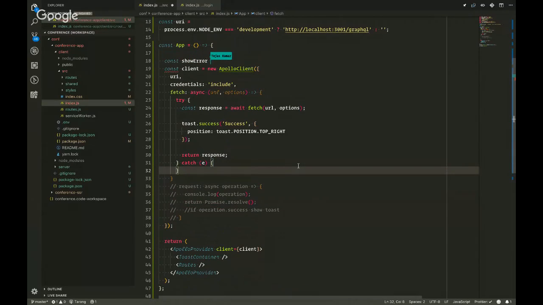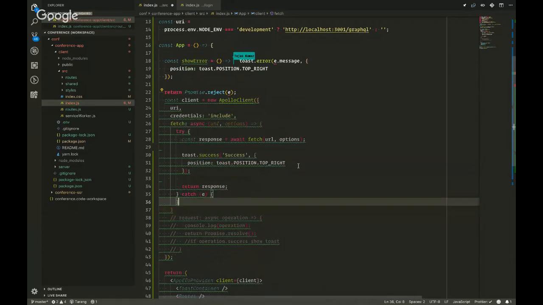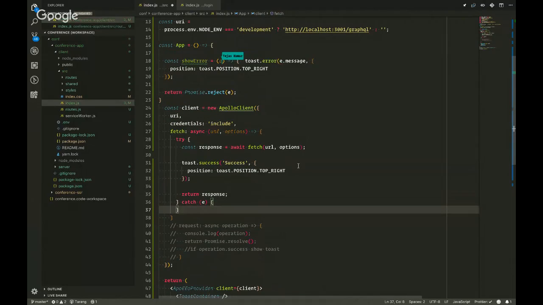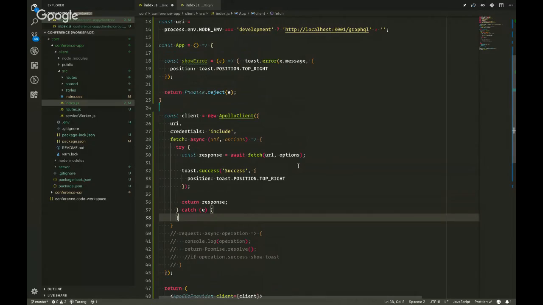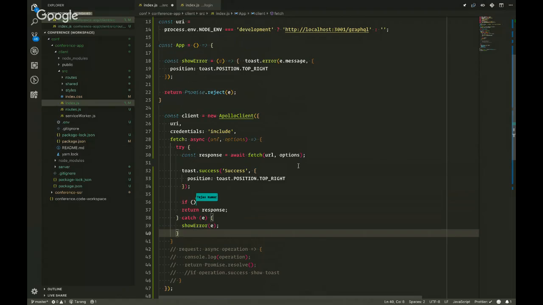Okay, you know what's happened? This makes so much sense. I like it when things make sense. I'm a little confused, but all of this will make sense. And then we'll show error. It is getting a little bit out of hand. And here's what we need. So we need to say if